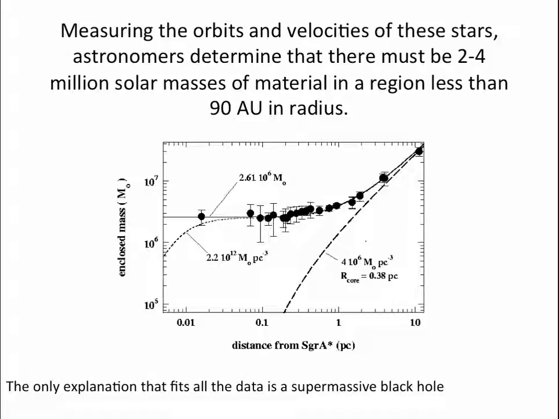So we don't know where these supermassive black holes come from, but we do see them in the center of almost every single galaxy in the universe. We see the same thing, stars or gas orbiting something that otherwise is not emitting light, and the only thing that it can be is a black hole of 1 million to even, in one case, 10 billion times the mass of our Sun.